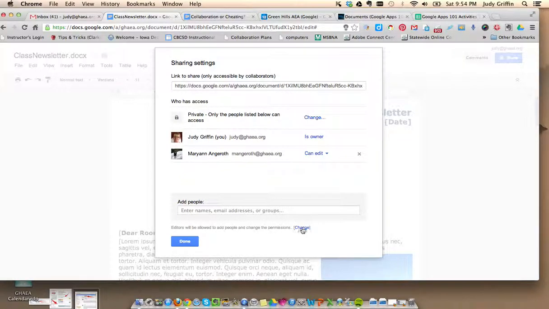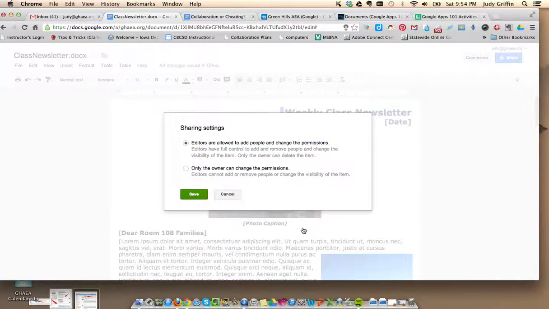To change that, once you have set who you're going to share it with, you have to click on change, and here are your two options. Editors are allowed to add people and change the permissions. All editors, the owner and the editors, have full control to add and remove people and change the visibility. Still, only the owner can delete the item. Or to lock it down, you would need to change this to only the owner can change the permissions, and the editors cannot add or remove people or change the visibility of the item. So if I save this,